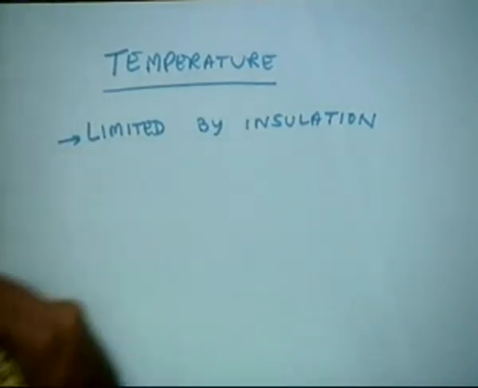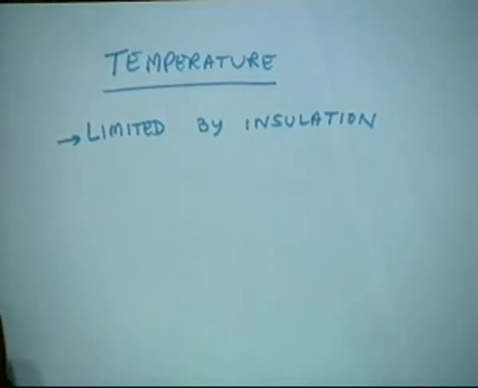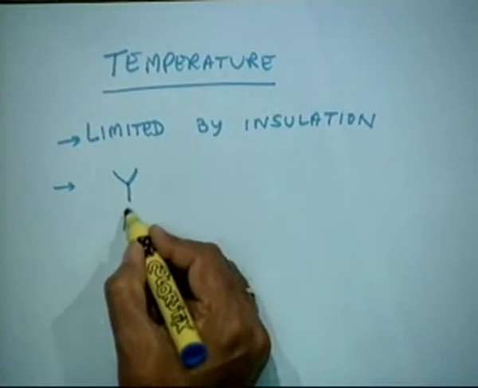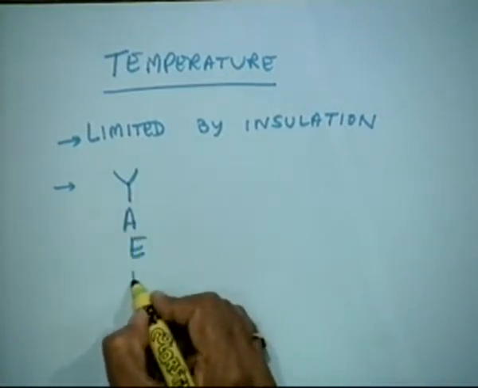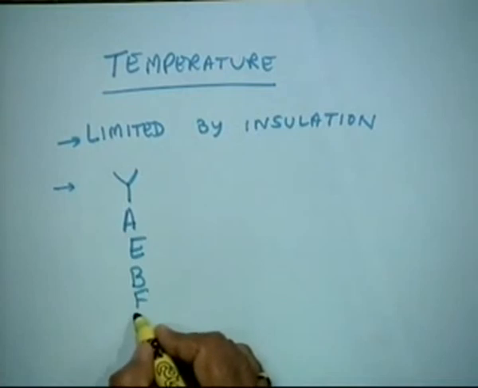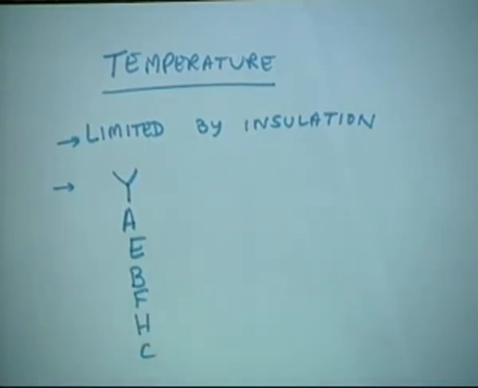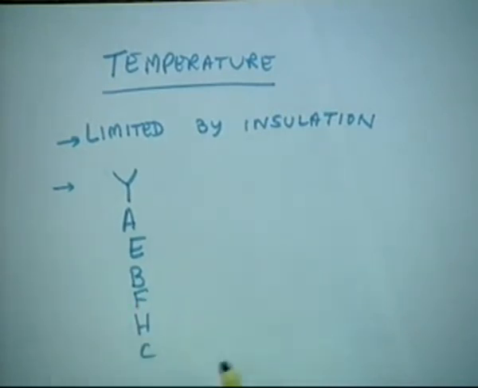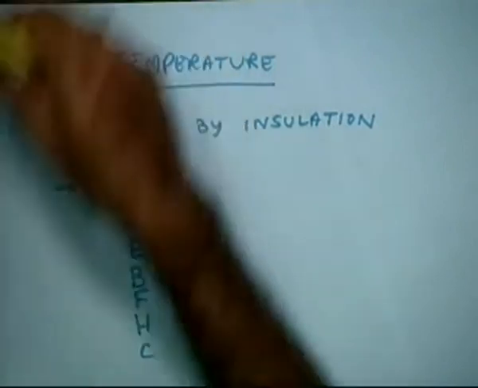There are different classes of insulation, which are typically given when you go for the windings, the type of windings, and the type of insulations available. I'll write down, the types are called Y insulation, A insulation, E insulation, B insulation, F insulation, H insulation, and C insulation. You may ask why they have not gone through ABCD. Okay, this is historical. The earliest was the Y, type Y insulation. Okay, type Y insulation.